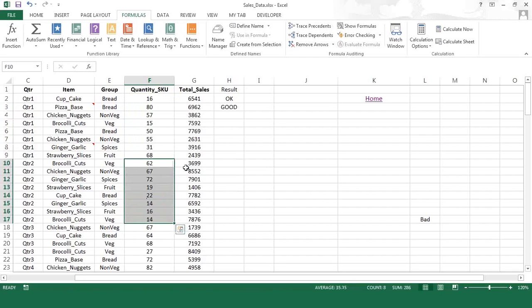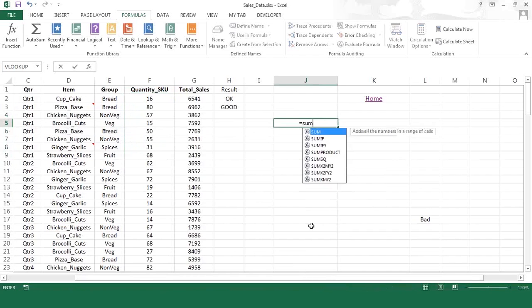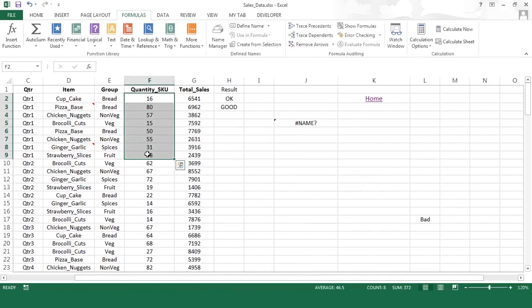In Excel, I can give them names also, and I can refer to them. Let's take an example: these 8 numbers, the sum of these numbers is 372. Let's write it here. How do you find the sum? Sum and quarter 1